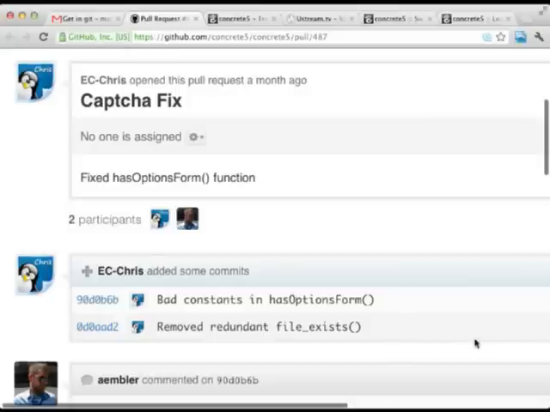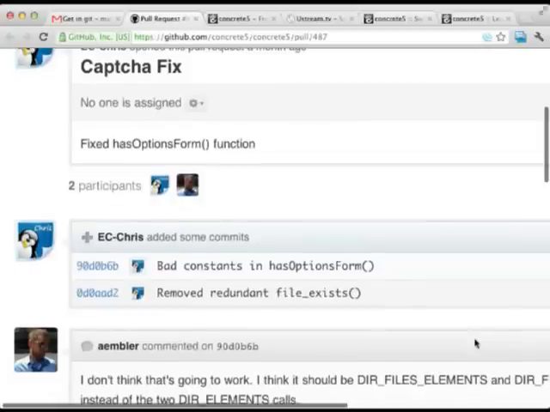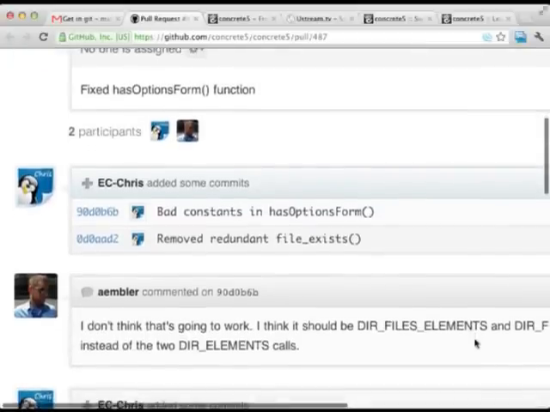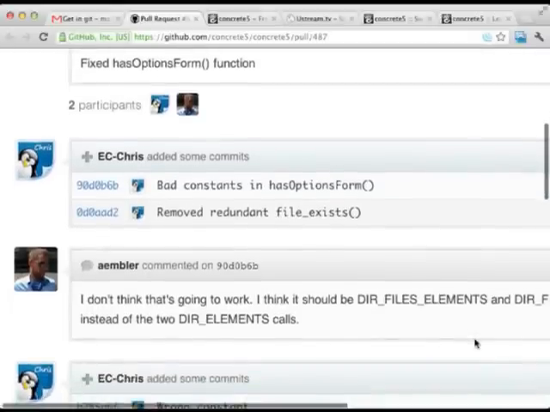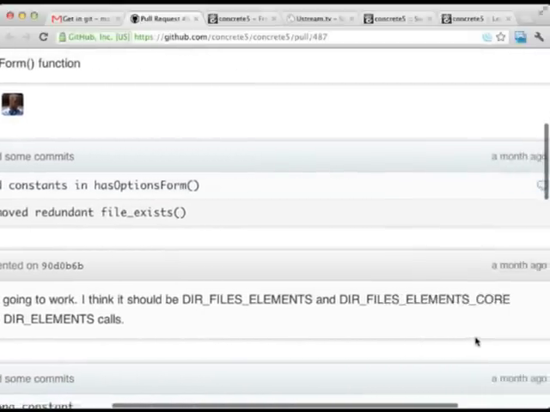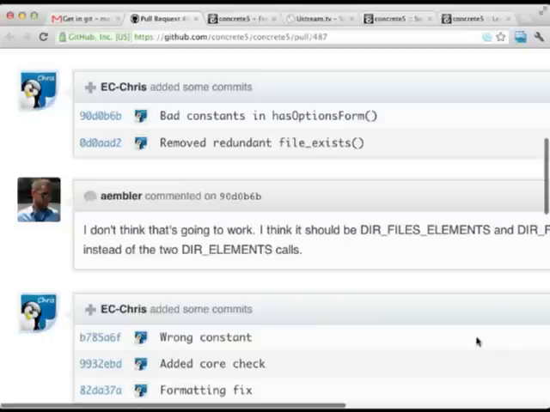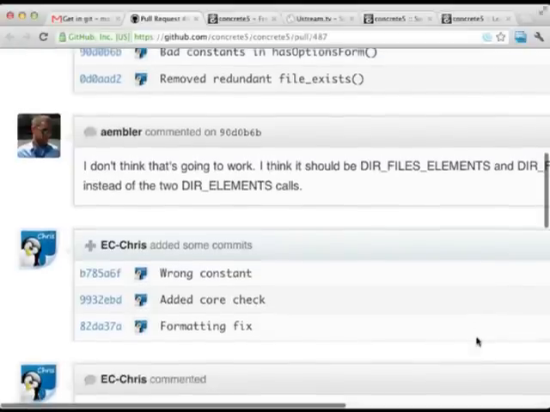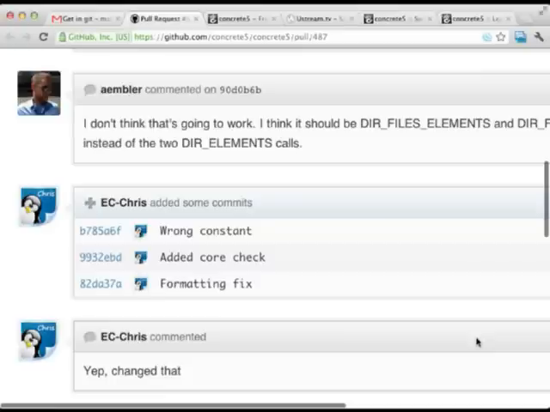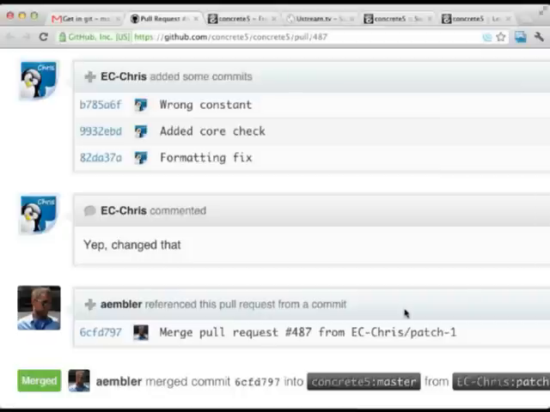There's a nice stab at getting it correct and some good code, but then there are some errors in the code itself, so I get back to the author of the original pull request, and he's very responsive. He gets back to me, and then I'm able to take a look at the diff and merge the pull request.